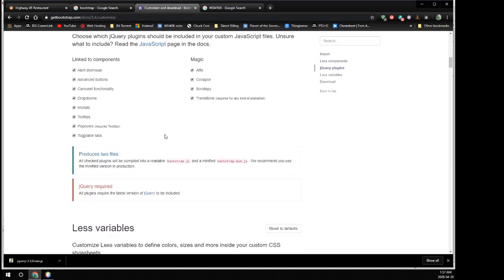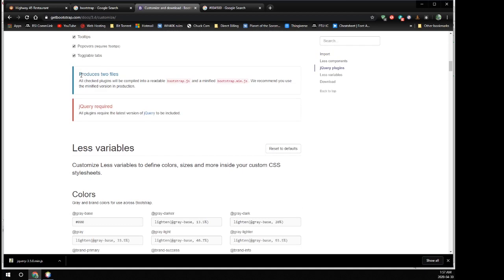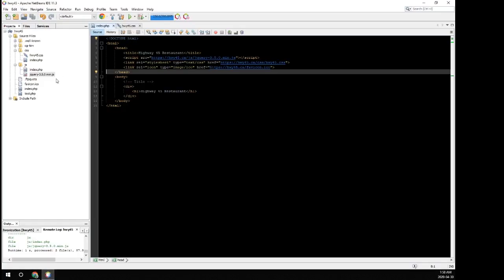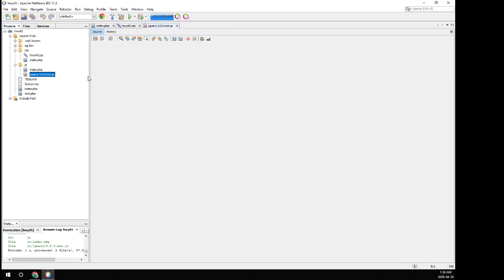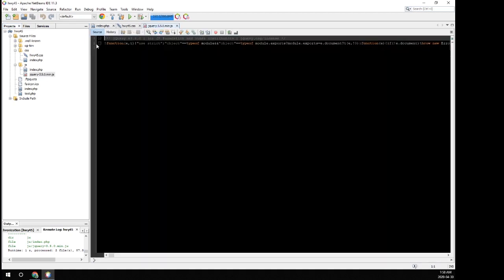Okay. Keep all of that checked, and then it says down here it produces two files, bootstrap.javascript and a minified bootstrap.min.js. Now if you noticed, the file that we downloaded for jQuery had that min as well. Basically what that means, and you can honestly just open this if you want to look at it, is you notice that it exists on